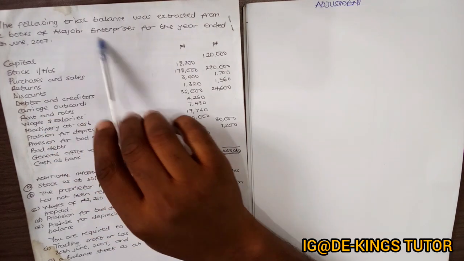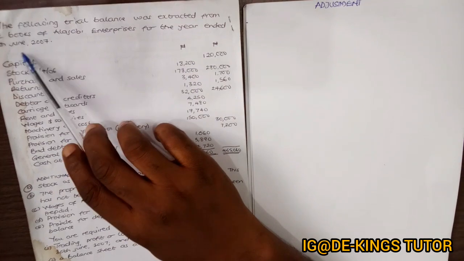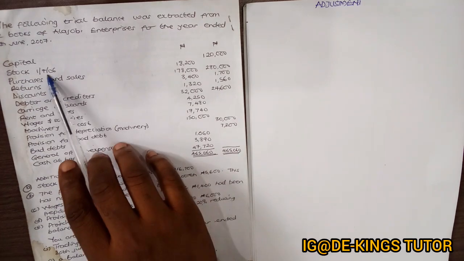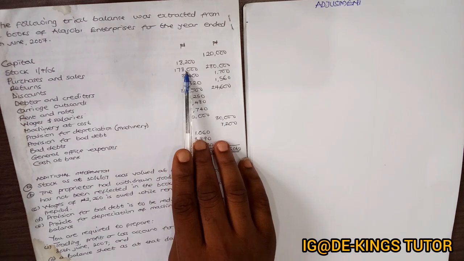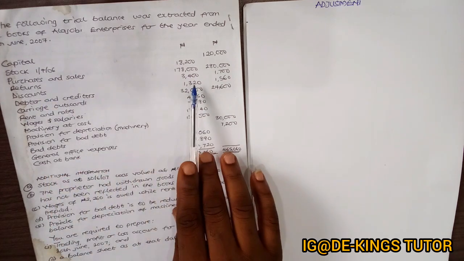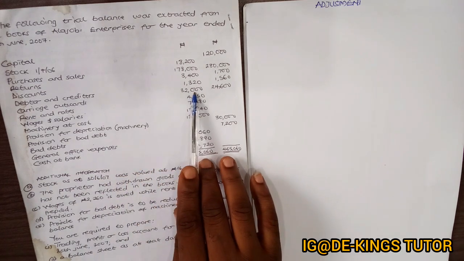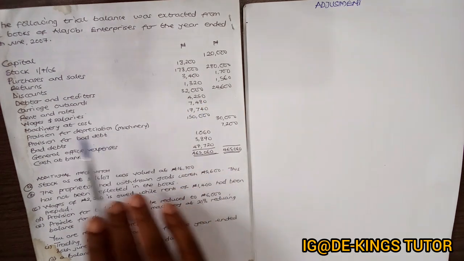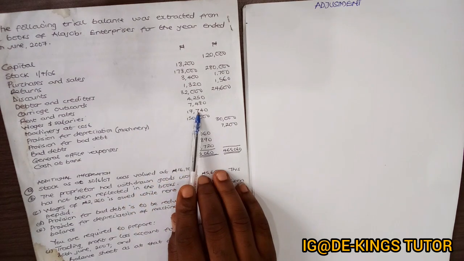The question said, the following trial balance was extracted from the books of Alajobi Enterprises for the year ended 30th June 2007. We have capital 120,000, stock at the first 18,200, purchases and sales 178,000 and 280,000. Returns we have 3,417, discount we have 1,320 and 1,560. Debtors and creditors we have 32,000 and 24,600. Carriage outward we have 4,250. Rent and rates we have 7,480. Wages and salary we have